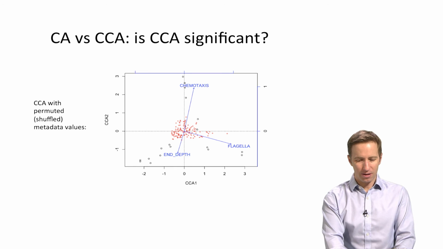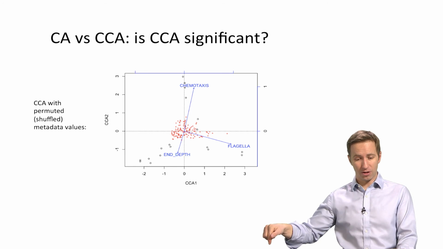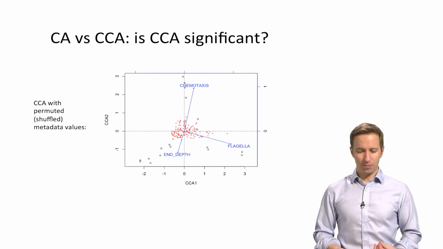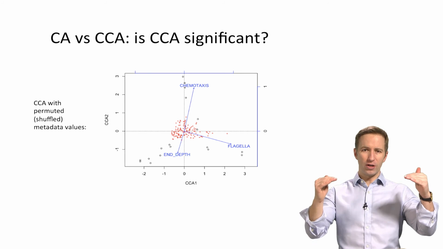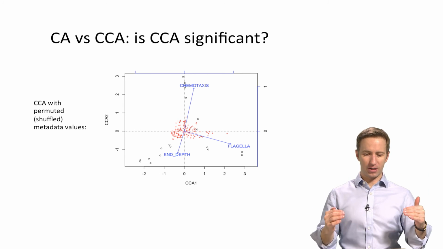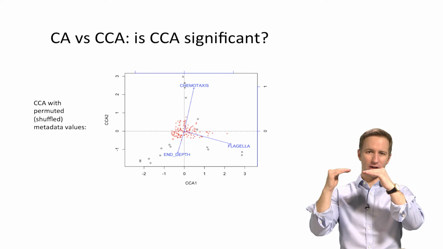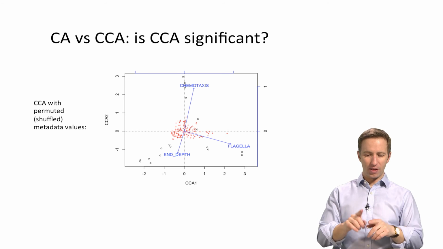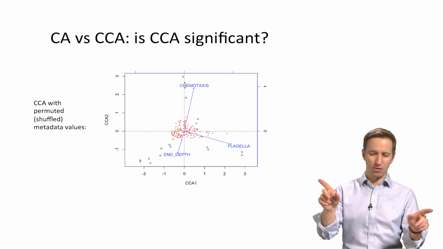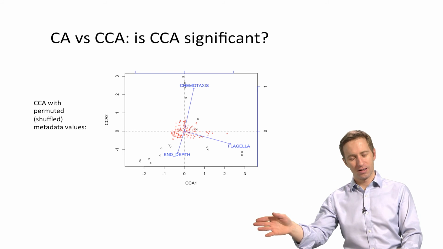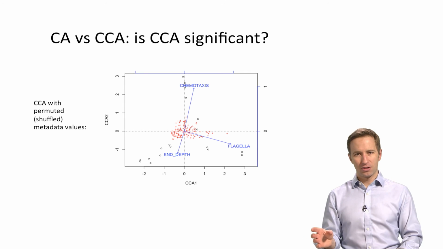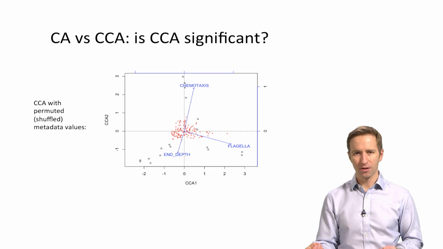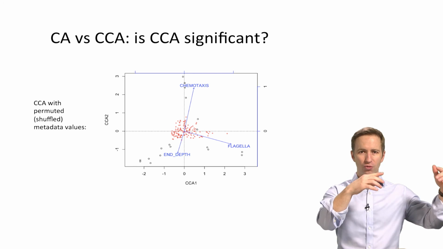And you can see also here the depth is hardly correlated with the first axis at all. The way I generated this plot was to simply reorder the samples. So basically keeping the chemotaxis values with the depth values with the flagella values. And you can see here that chemotaxis and depth are still going in opposite directions, and flagella is still orthogonal. So we're controlling for the correlation structure between the covariates by keeping them together and just reordering the rows